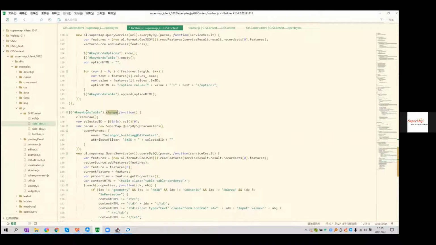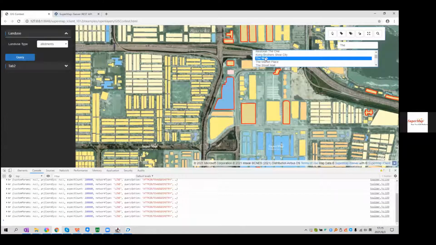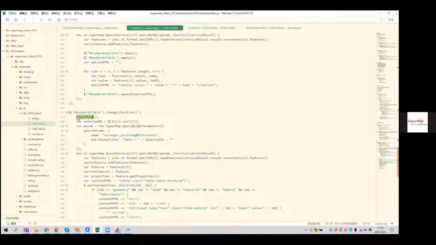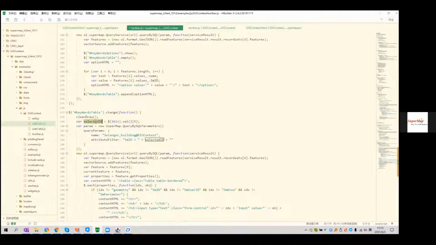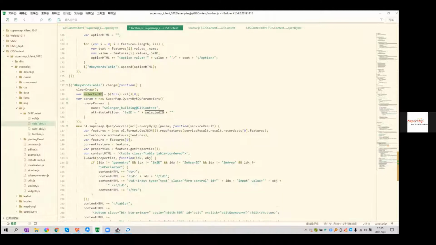Okay, so this is a change, and every time the user selects it, we need to clear the draw first, right? And then the selected ID is the value of the option, because earlier we set the value as SMID. So the selected ID, and then based on the ID we need to query again from